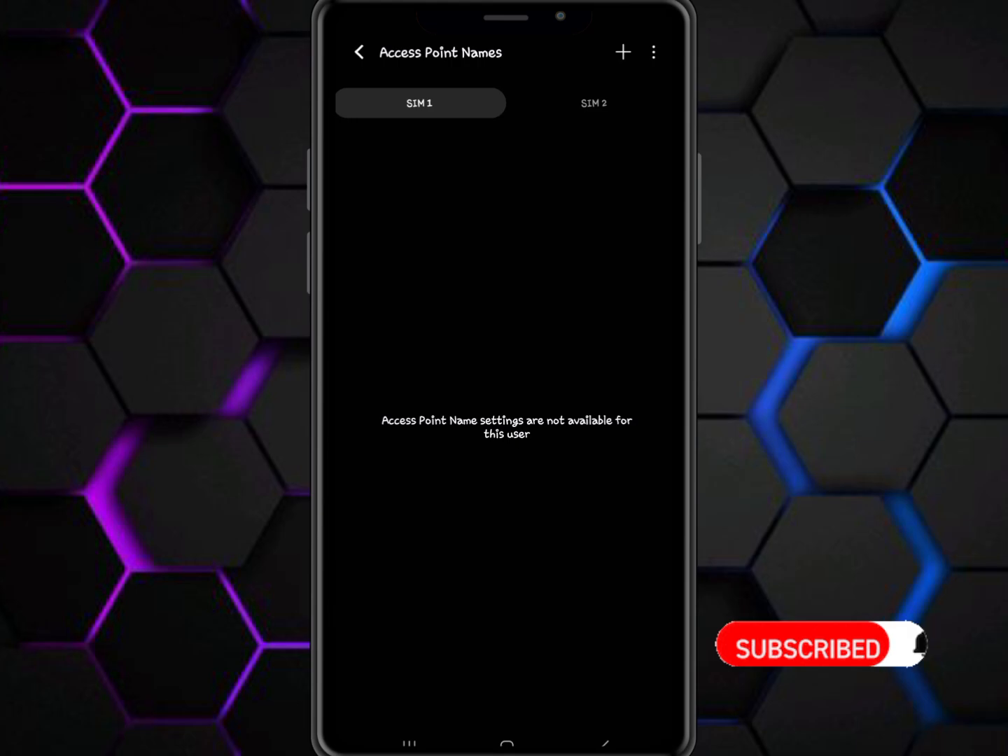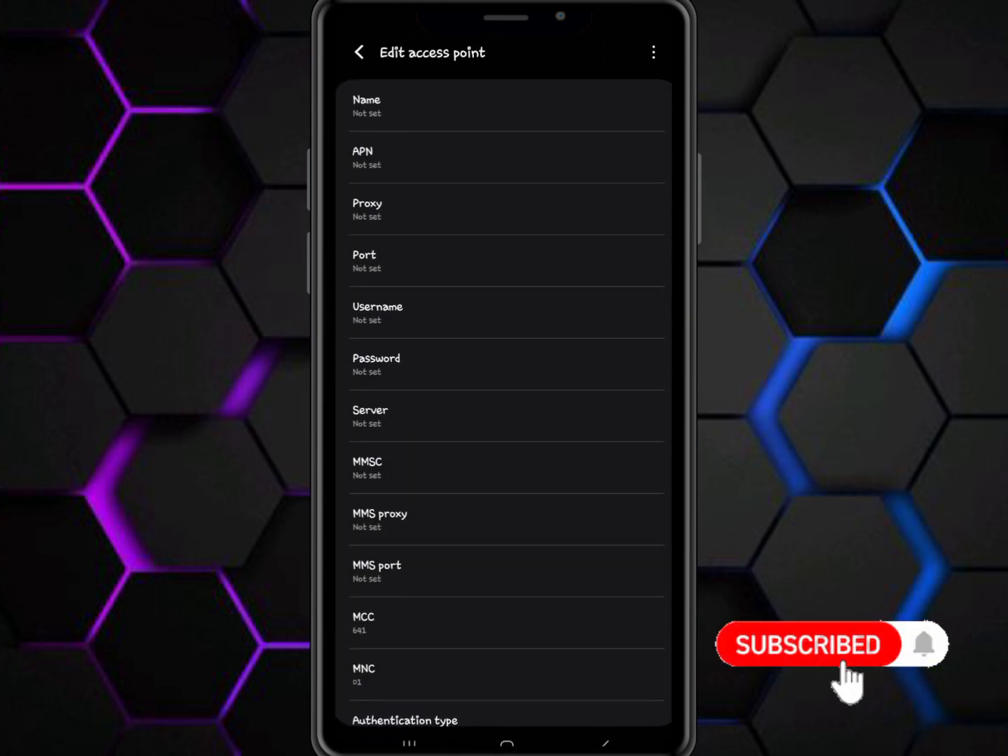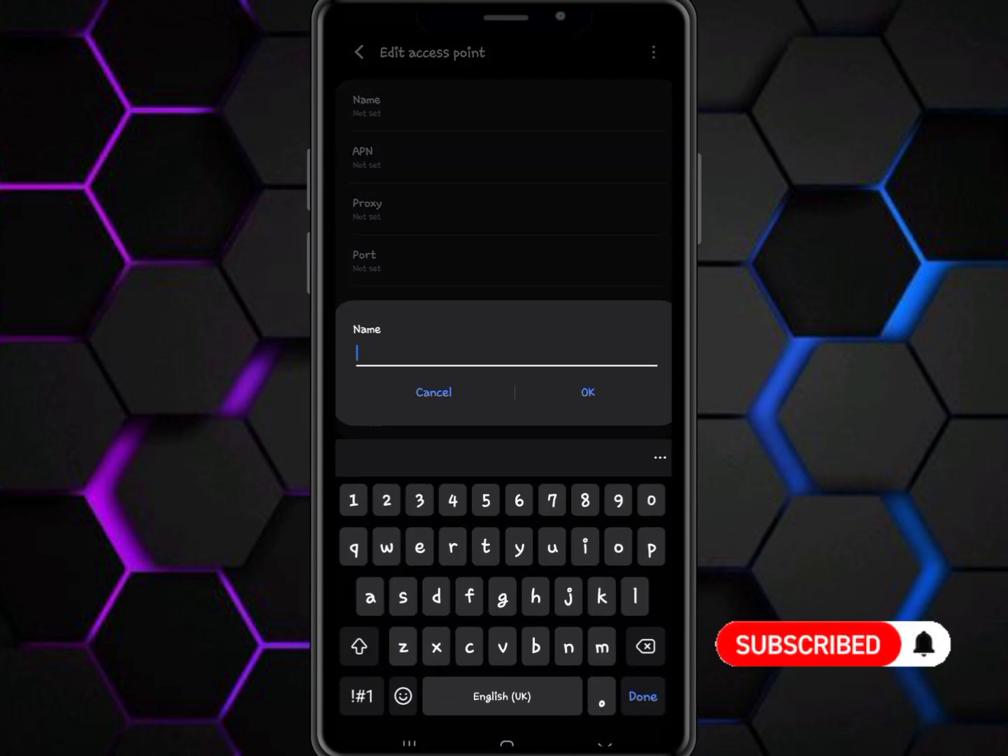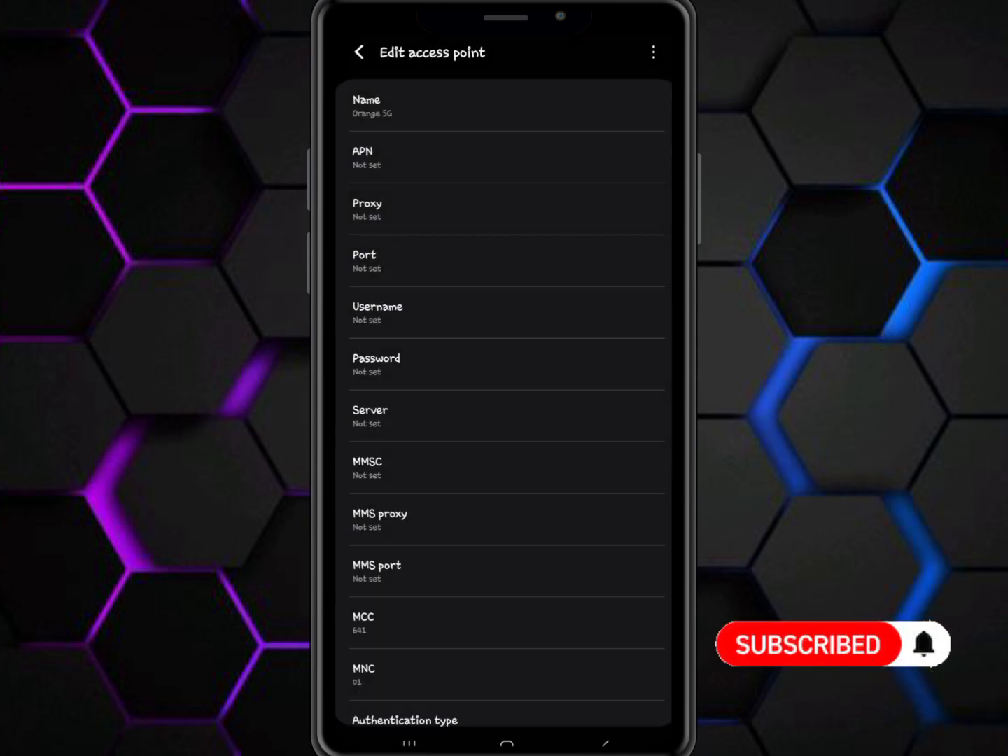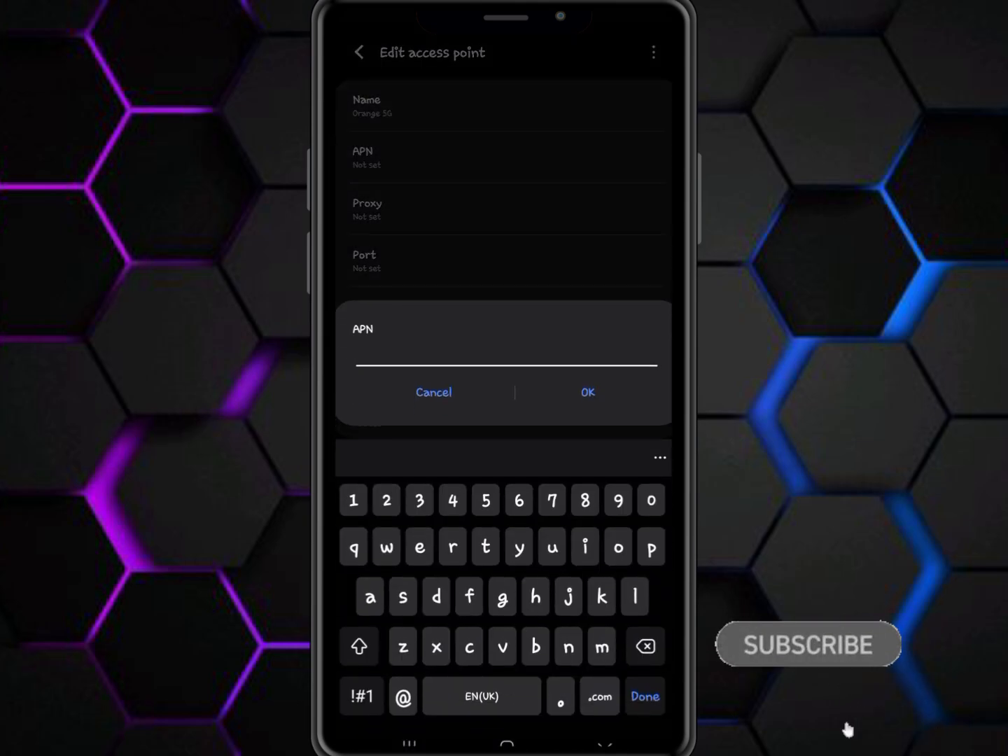Once you reach the access point names, kindly select that button, and this is how you're going to set up your internet settings in Cameroon on Orange SIM card. For the name, you're going to use Orange 5G. Even if your phone is a 3G, 4G, or 5G device, to access the fastest internet, use Orange 5G in your APN name. For the APN, you're going to use internet,